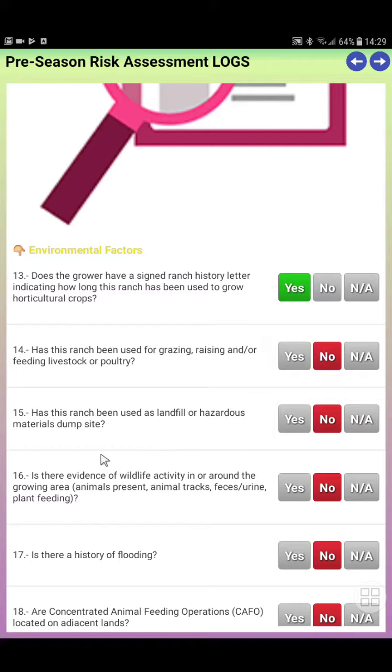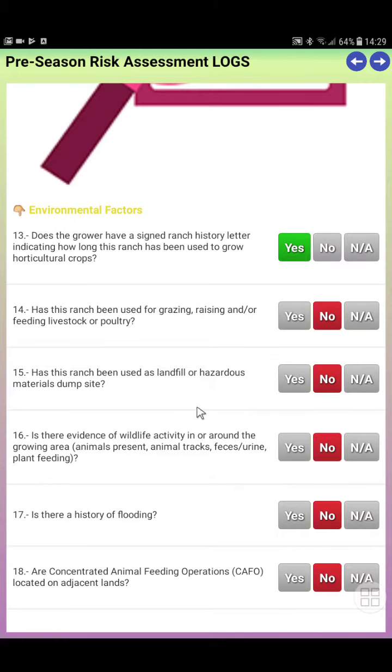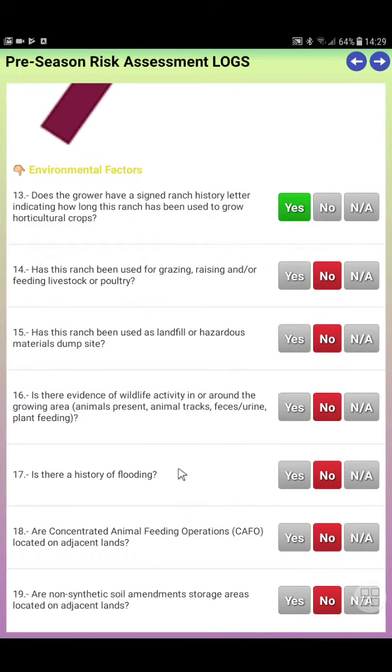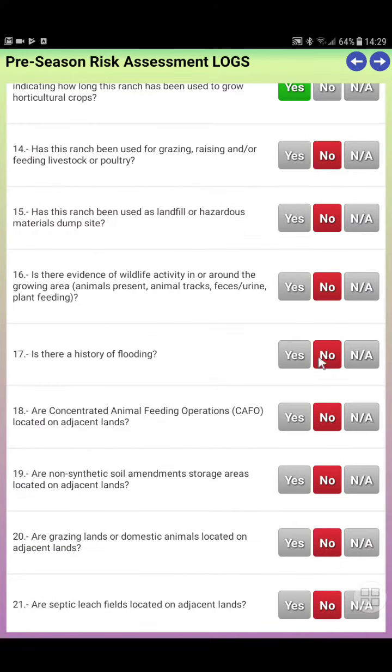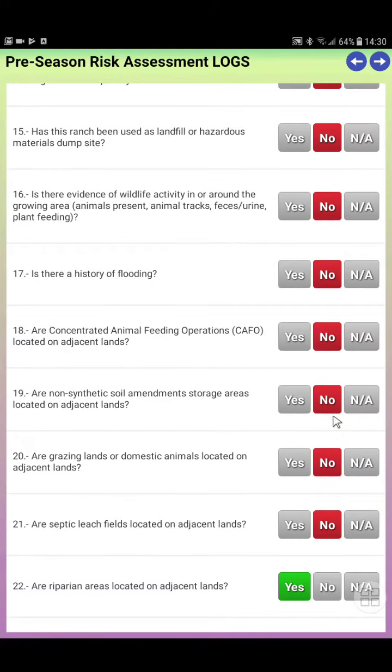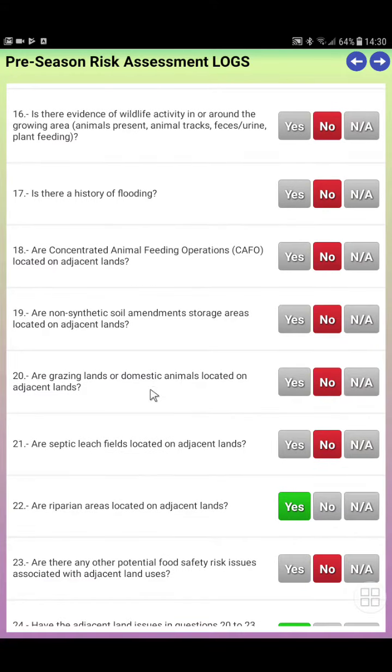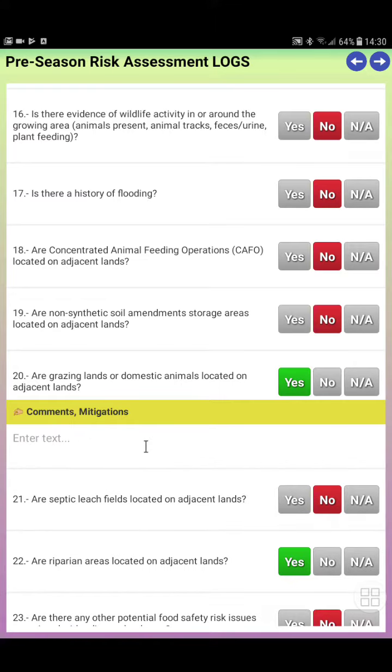corrective action. Has this ranch been used as landfill, hazardous material dump site? No. Is there evidence of wildlife activity? No. Is there a history of flooding? No. Do you have a concentrated animal feeding operation? No. In the adjacent lands, are there synthetic soil amendments storage? No. Are grazing lands or domestic animals located nearby? Most of you have this as a yes, so you will explain here that the field